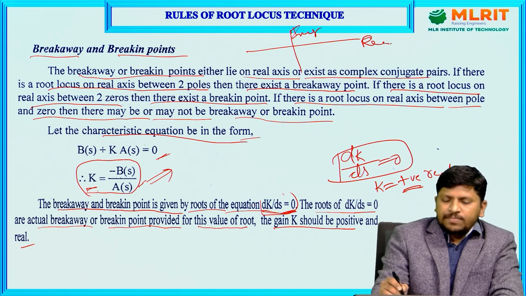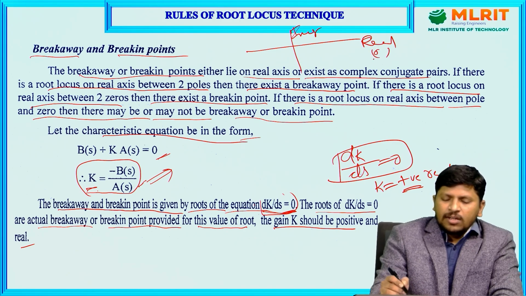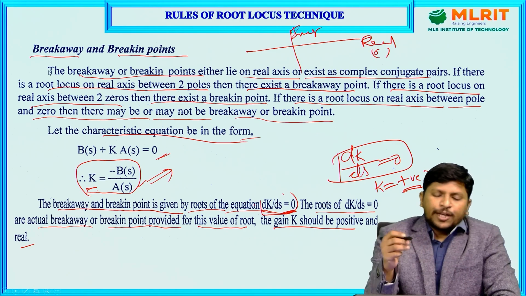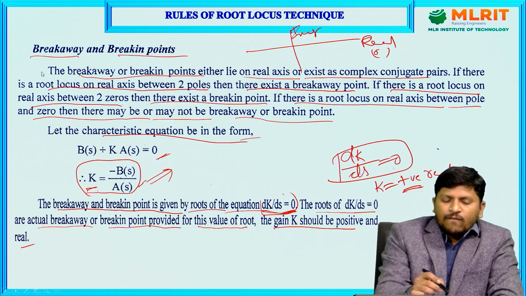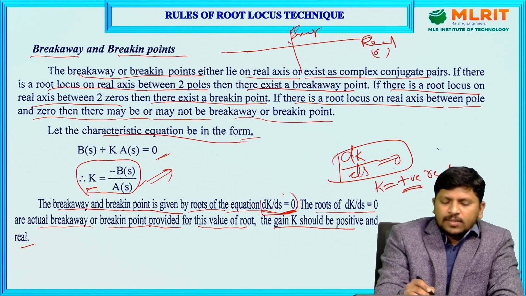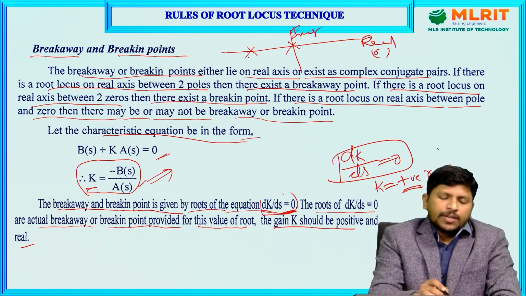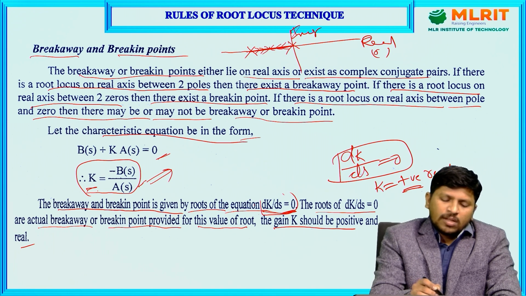Real, imaginary, breakaway and breaking point. See, one pole is here and one more pole is here present. In between these two, one root locus is existing. So always root locus starts at the pole like this, starts here at the poles, and crosses from here or breaks from here. This point is nothing but the break